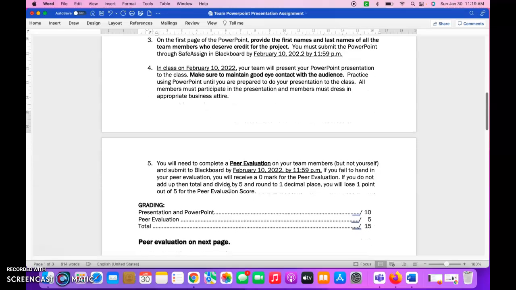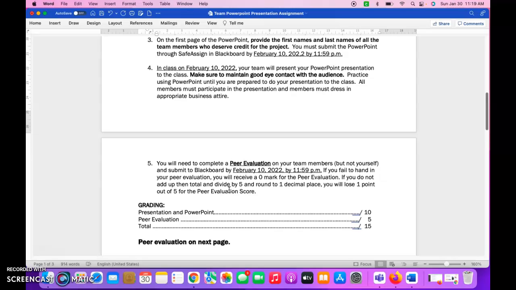You will also need to conduct a peer evaluation. So that's on the next page of this document here, and we'll go through that. But a peer evaluation will identify strengths and weaknesses of the folks that you worked with. So you'll complete a peer evaluation on your team members, but not yourself, and submit it to Blackboard by February 10th. If you fail to hand in the peer evaluation, you will receive a 0 for the peer evaluation portion